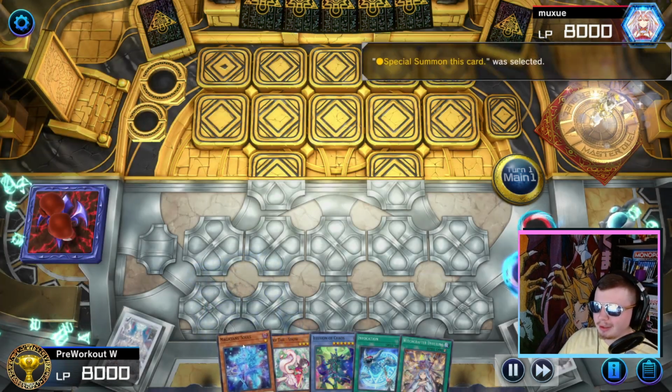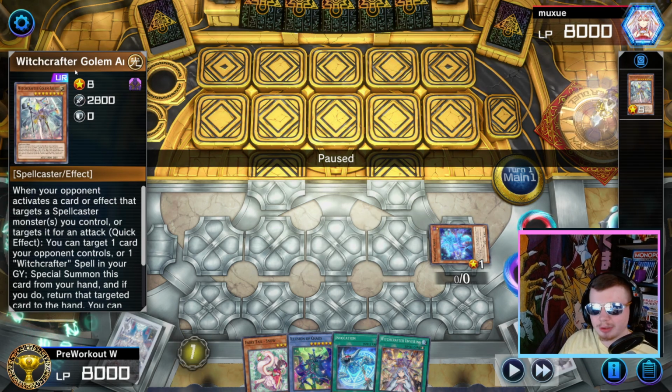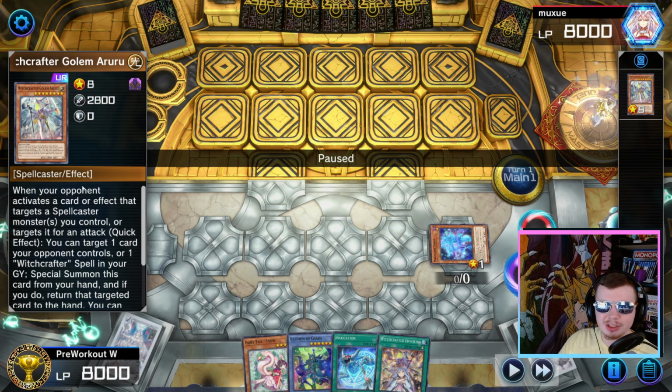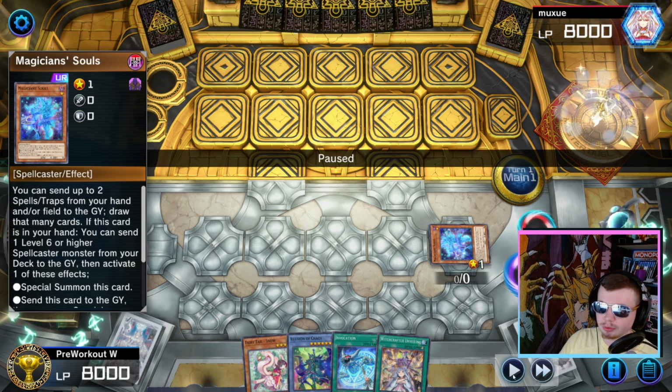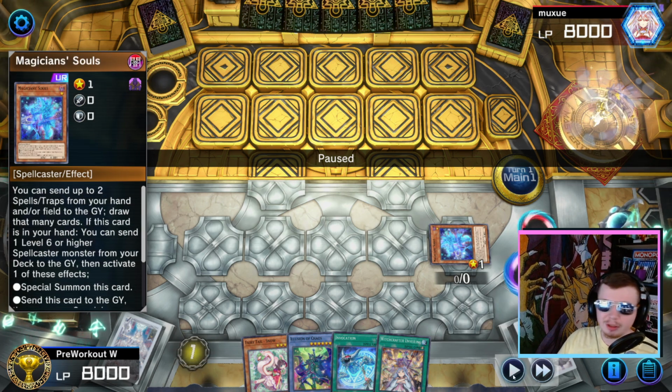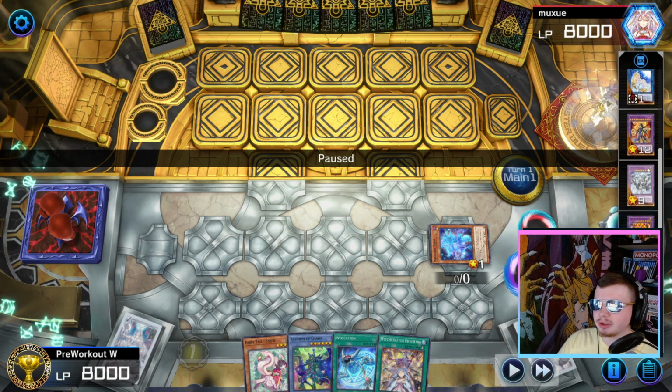I don't want that in my hand. Going to go Magician's Souls effect. Now look here. Magician Souls can actually send Witchcrafters because they're spellcasters, and some of the spellcasters are higher than level 6, which means you can send them with the Magician Souls, which can come up because of Magical Ice Fusion. Yeah, another thing I forgot to mention is oftentimes if you get 2 Witchcrafters in the grave, or